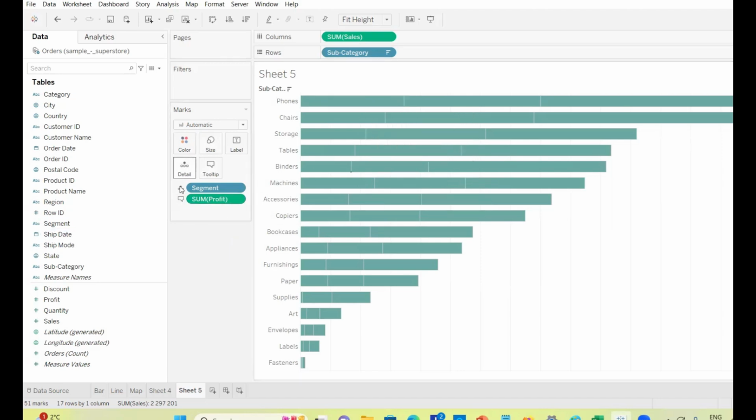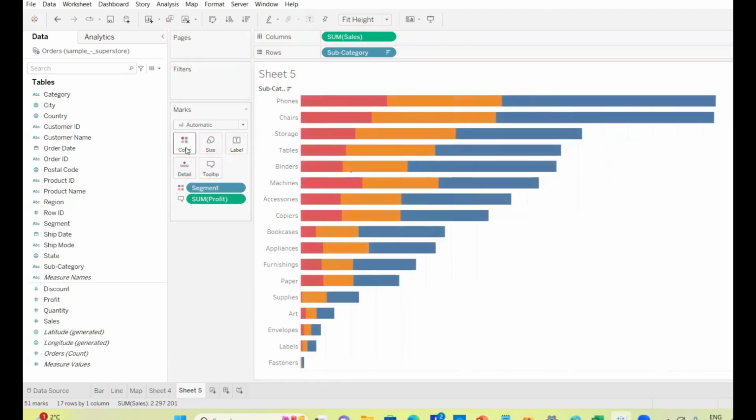So this is how you can customize your graph. You'll just put it over into the color. So this is how you can customize your graph by making use of the marks card options. Another, let's play around with some more, adding a few fields into rows and columns and see how it changes. For example, let me just take off segments